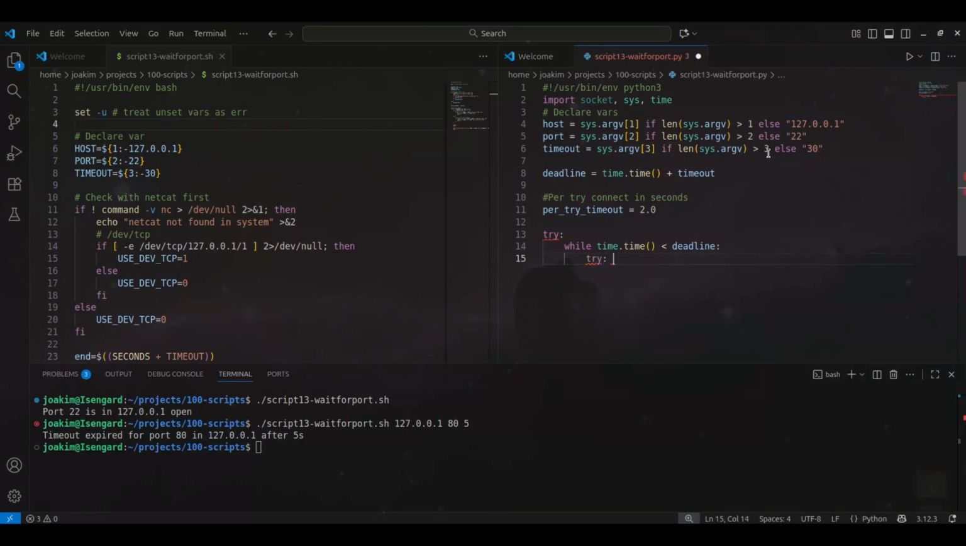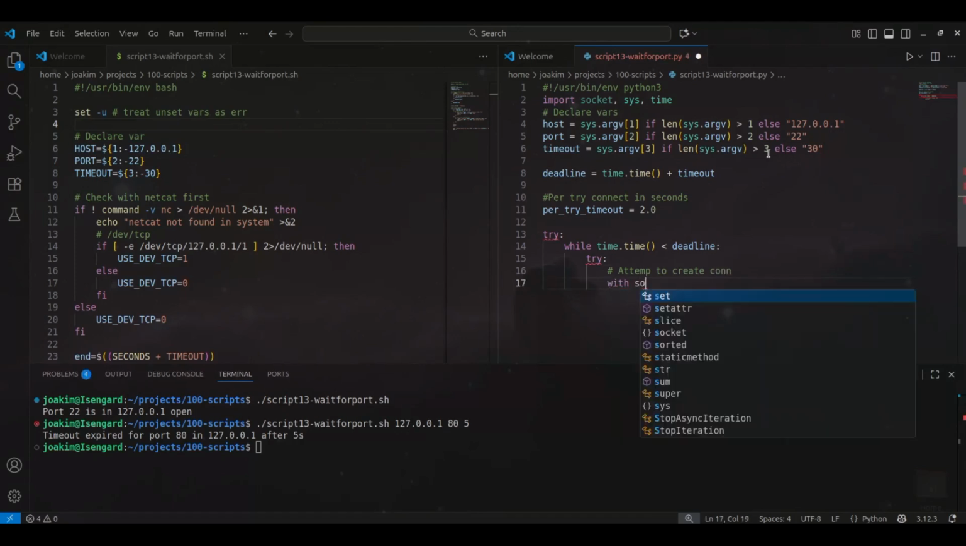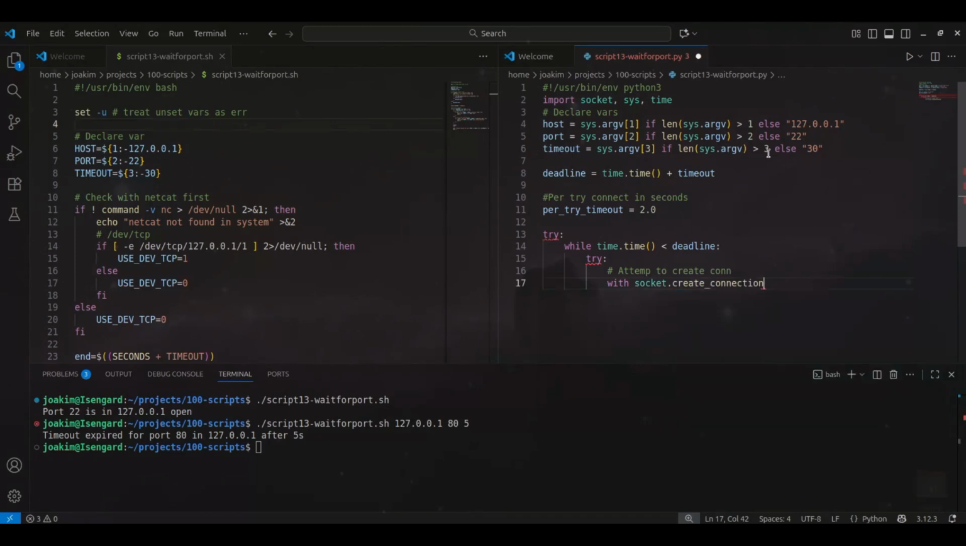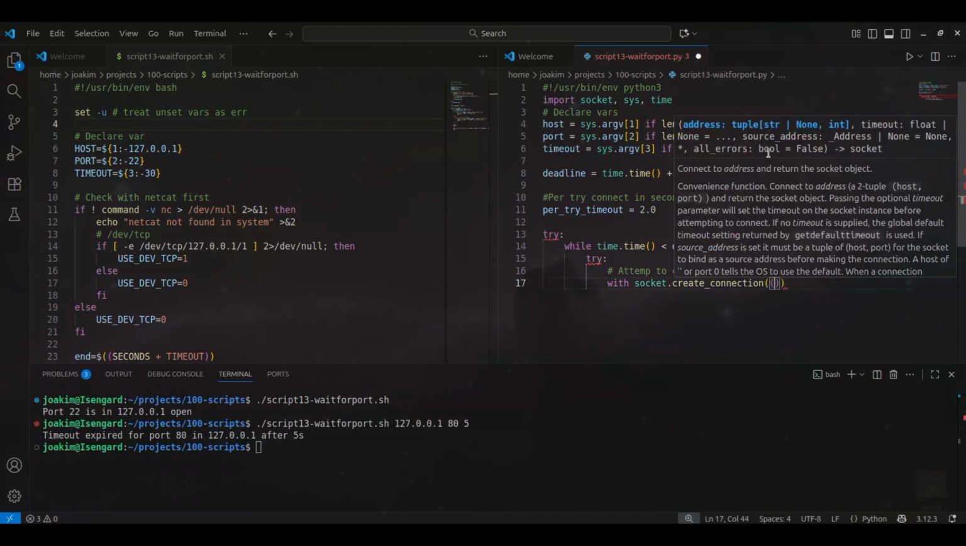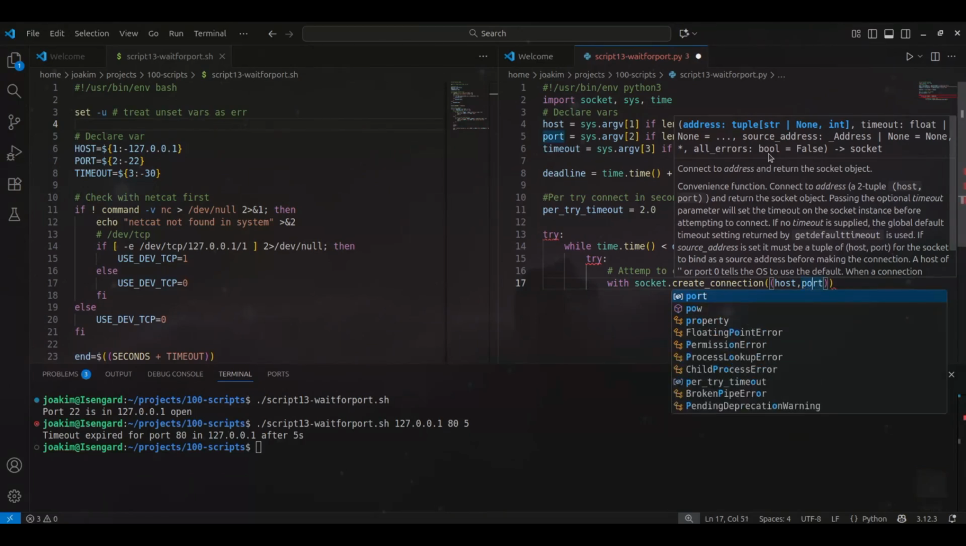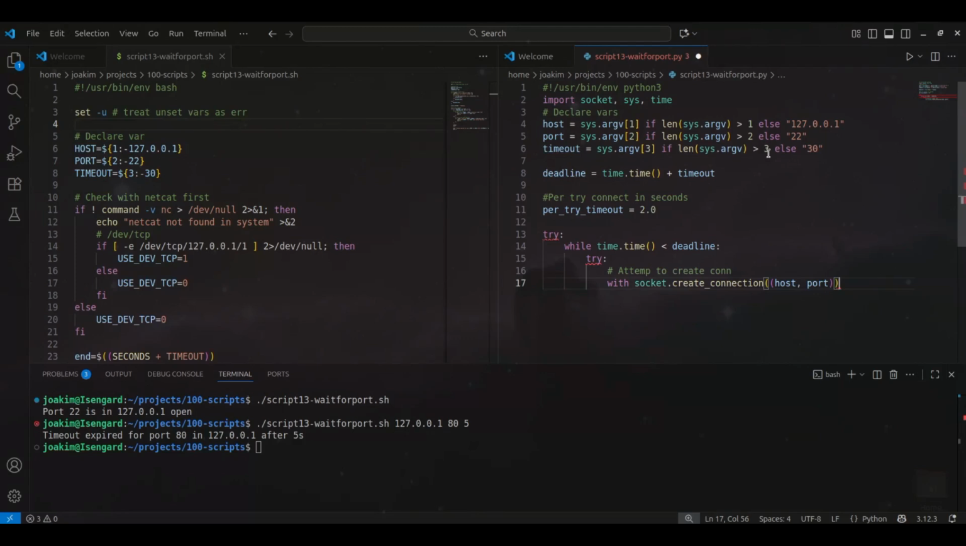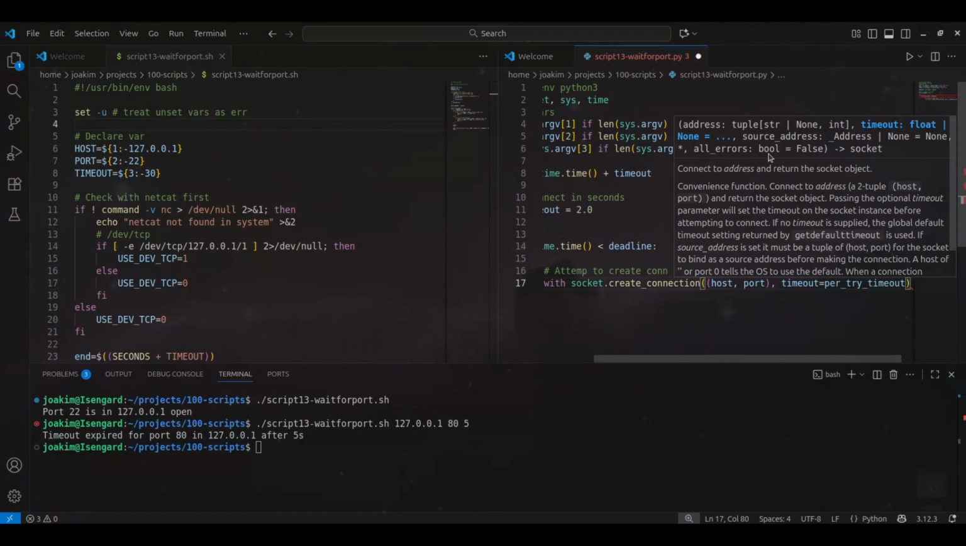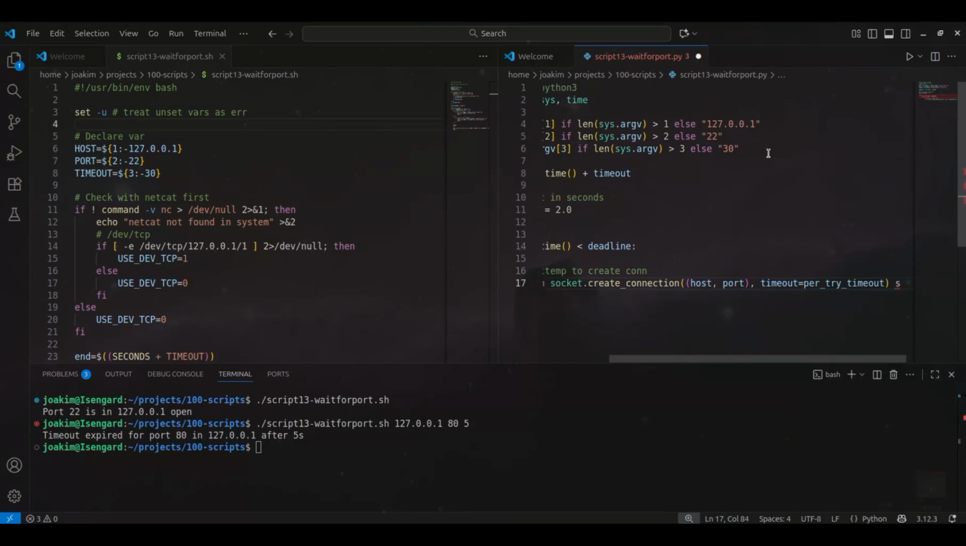and the try statement. So it will attempt to create a connection. Socket.create_connection, and we'll put in host and then port, and the timeout equals par try timeout, as s